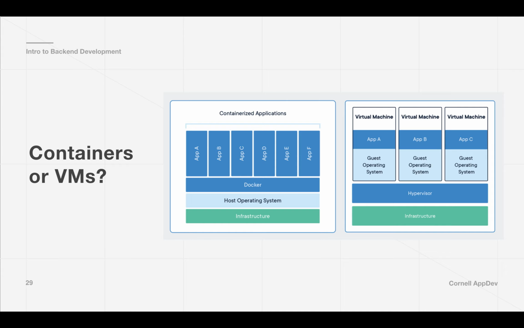However, on the left, Docker actually leverages the host operating system. So this is really nice because, for example, on the right-hand side, if you're running 3 applications, this might be the extent to which your computer can handle the CPU usage or the memory usage. But on the left, since it's leveraging the host operating system, it actually doesn't need to make a copy for every single application that you're running, and then you can run way more. My computer is super old, and it's still able to run tons of Docker containers. So it's actually really nice.